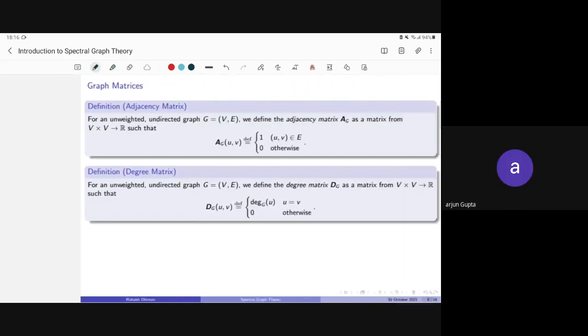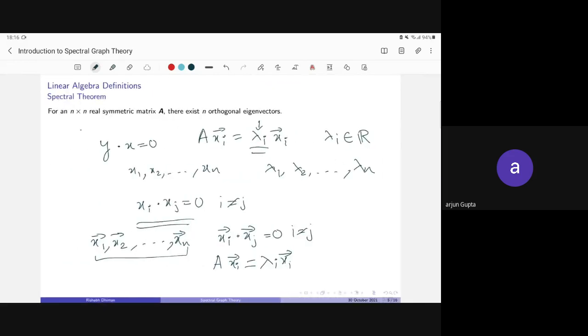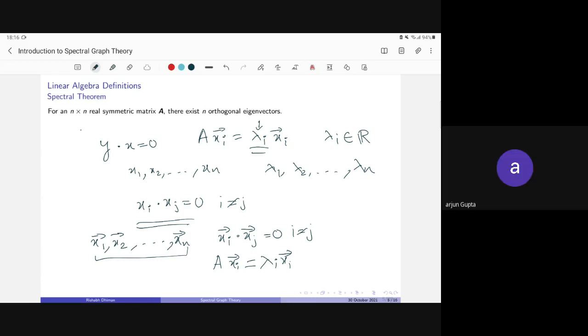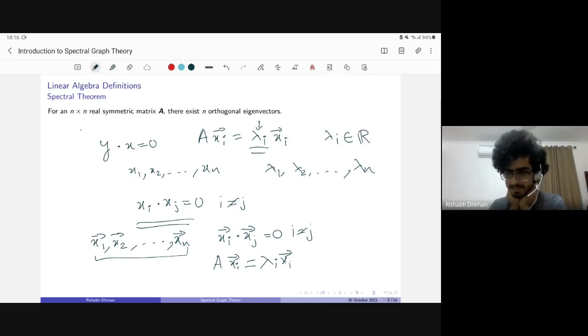But why are there only n of these x? Like, there can be an x of n plus 1, because we know that for lambda 1 there can be another x1. Yeah, but if you have more than n, their orthogonality will no longer be guaranteed. Suppose for lambda 1 we have two values of x1, will those two values of x1 be orthogonal or not? They will be. No, no.